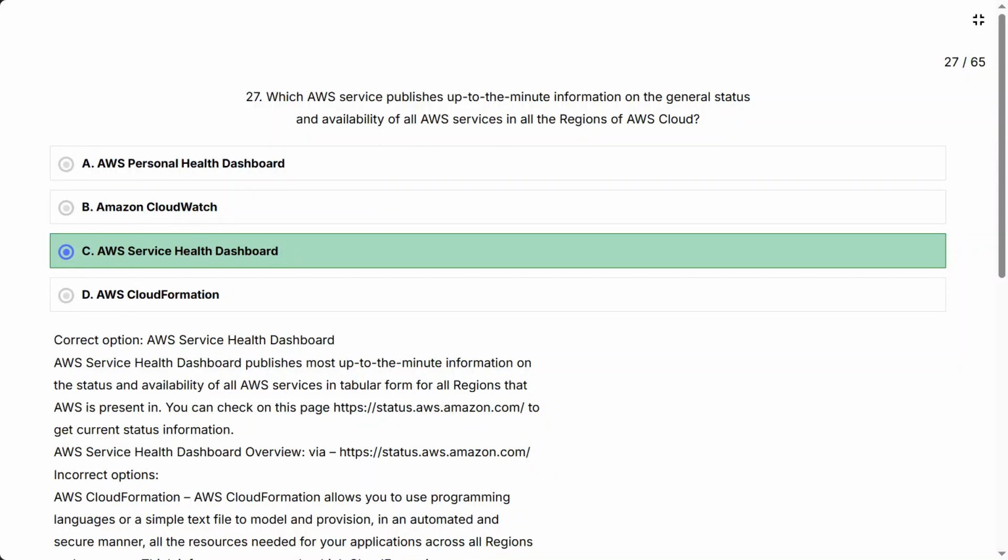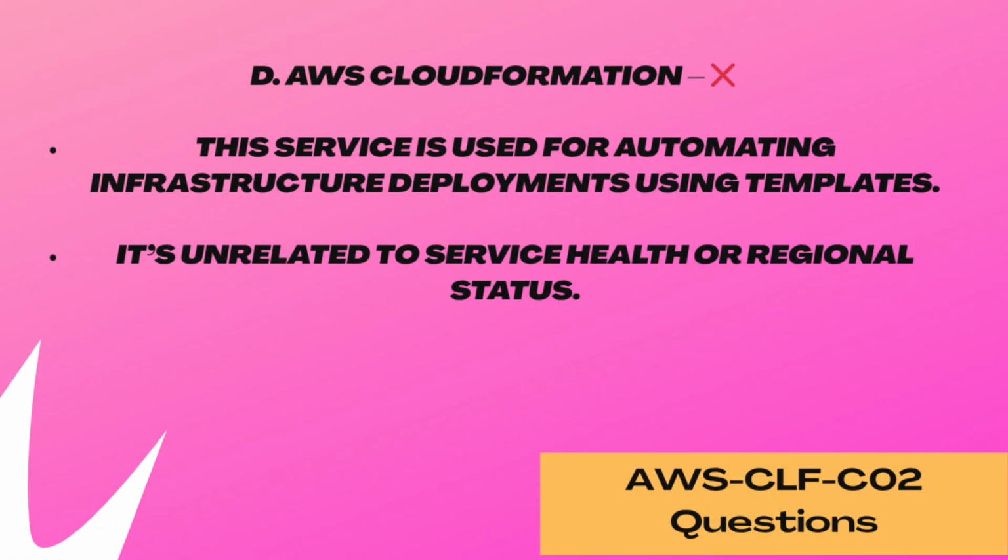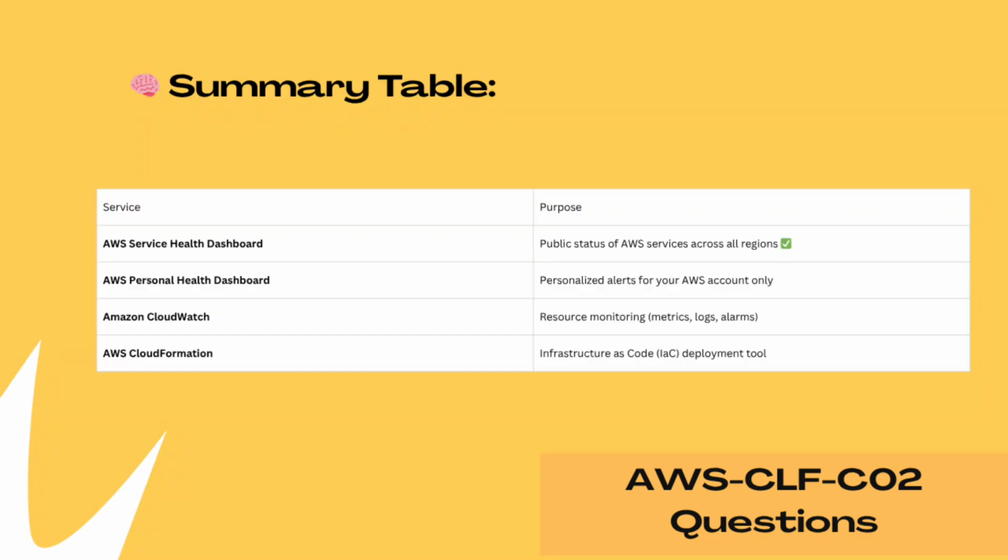Then the last option, that is AWS CloudFormation. This service is used for automating infrastructure deployments using templates. It's unrelated to service health or regional status. Now the key concept for this question. For AWS Service Health Dashboard, the purpose is the public status of AWS services across all regions.